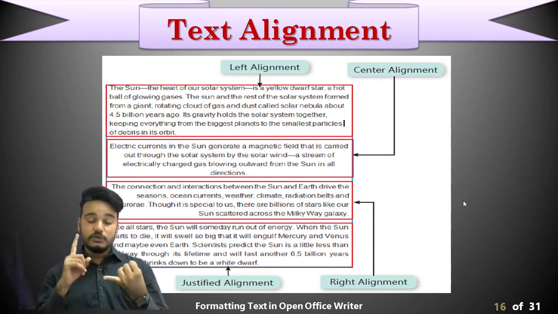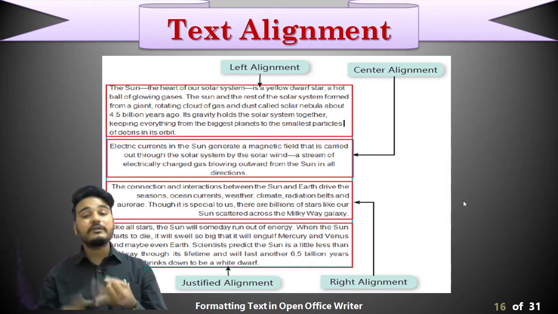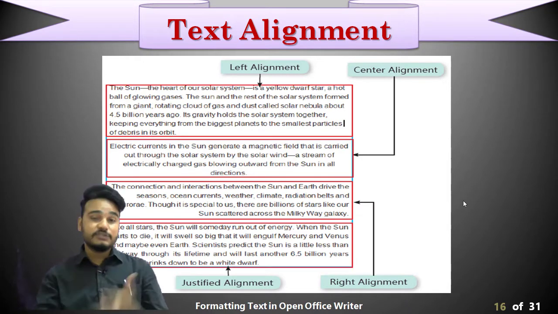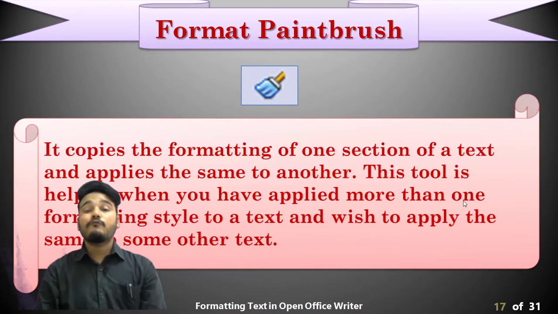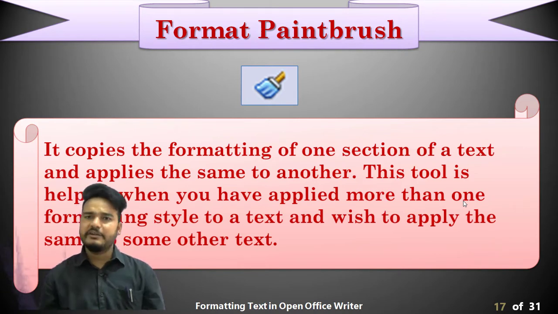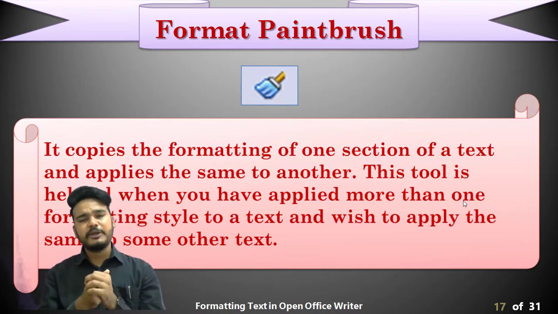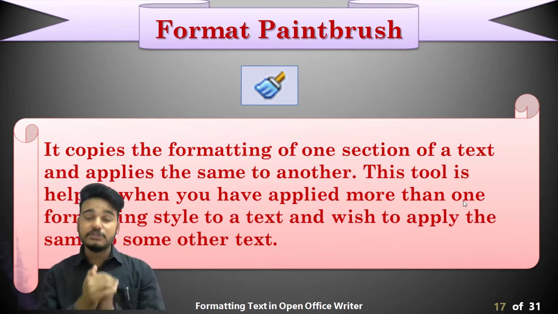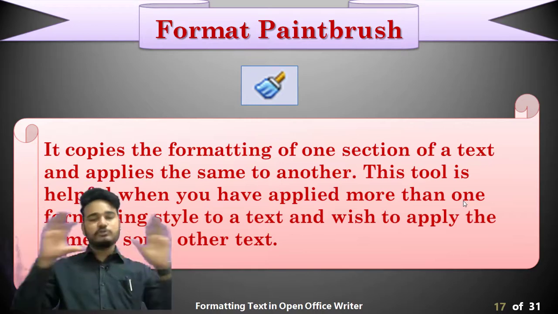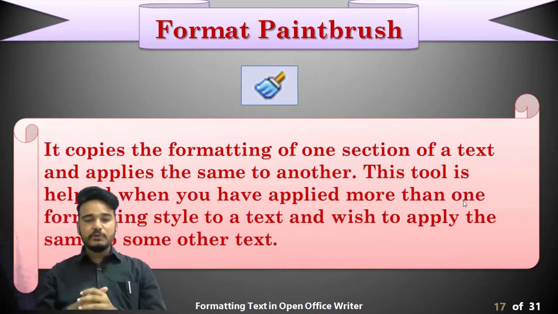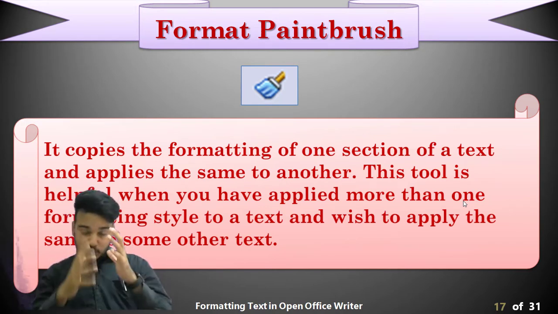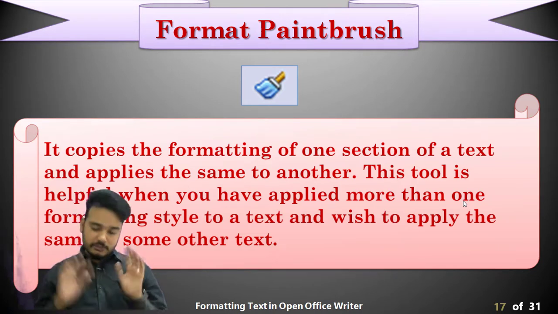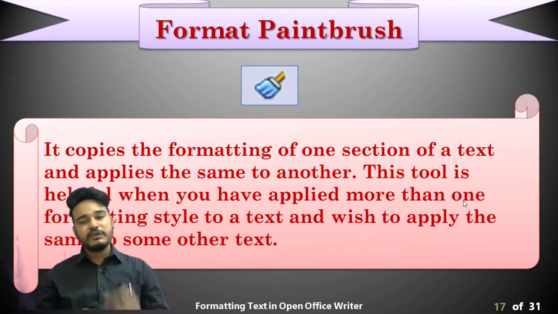So we have Control plus L for left, Control plus R for right, Control plus E for center and Control plus J for justify. Got it? Yes. Now format paintbrush. We have learned paintbrush, जिसमें हम पेंटिंग करते हैं, ड्राइंग करते हैं. What is this format paintbrush? So this format paintbrush is used. Suppose एक टेक्स्ट आपने बहुत अच्छी तरह से ऐड किया है. You have typed your name, you have applied bold style, italic style, changed the font, you changed the font color also, and then below that you have typed your friends names and all that.